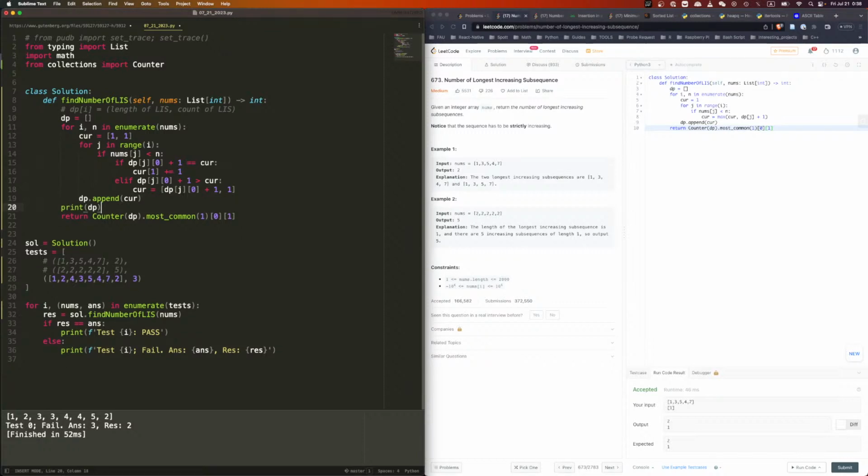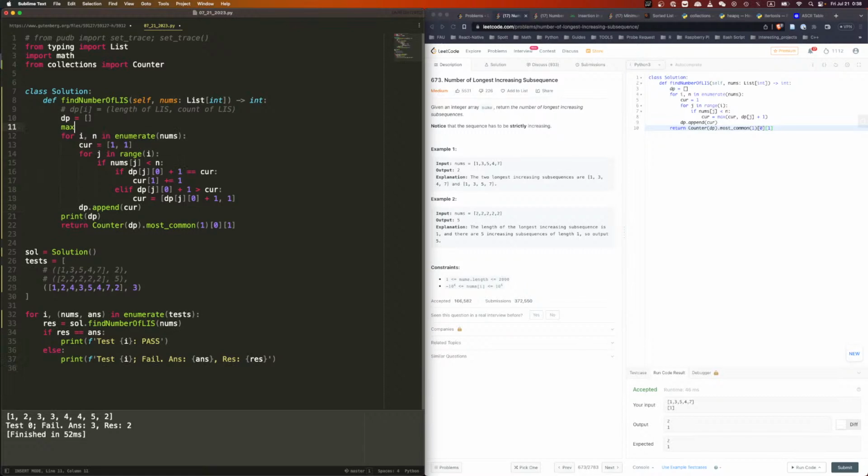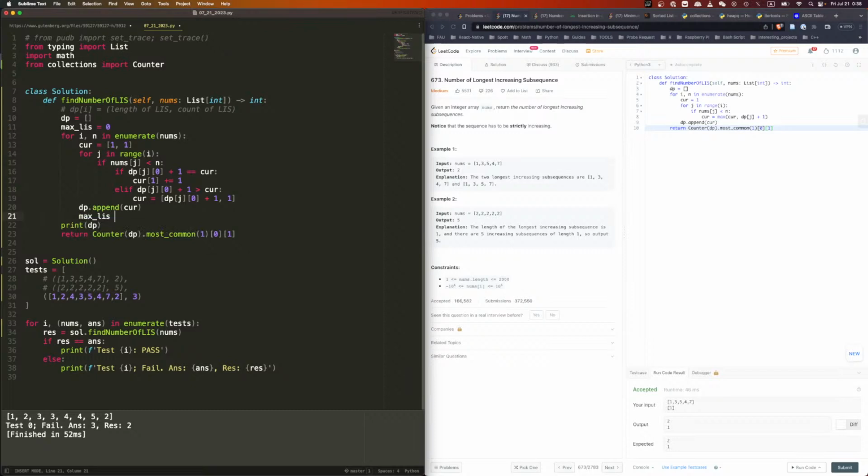So now what we need to do is find the maximum. Yeah, we do have to find the maximum. So max LIS equal to 0, right? And once we do this, we'll update max LIS equal to maximum of max LIS and current 0.